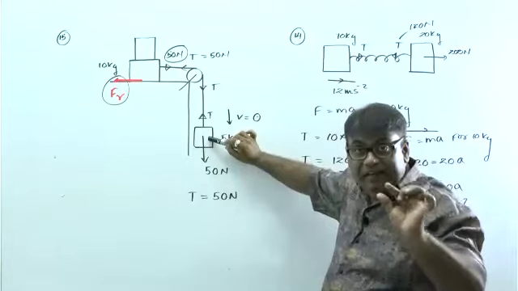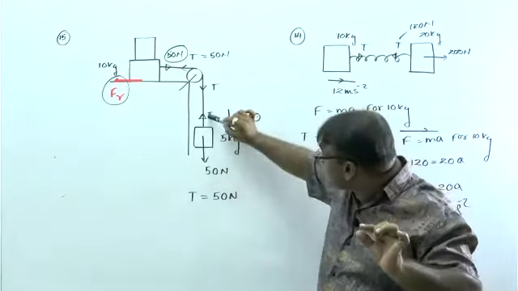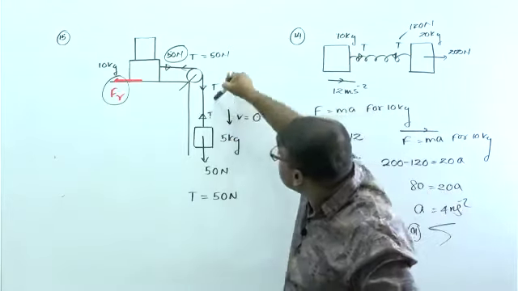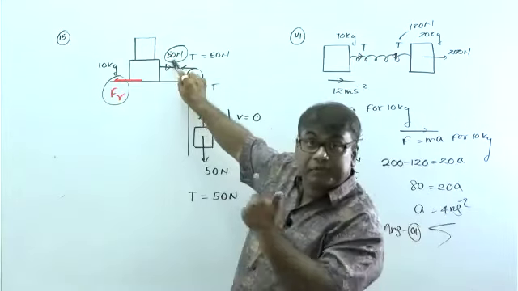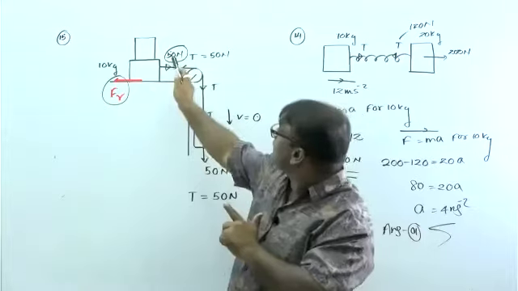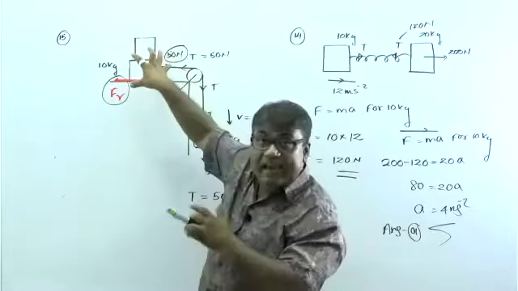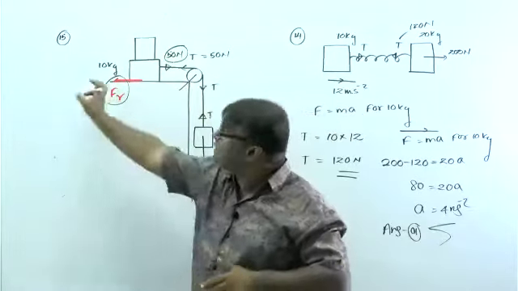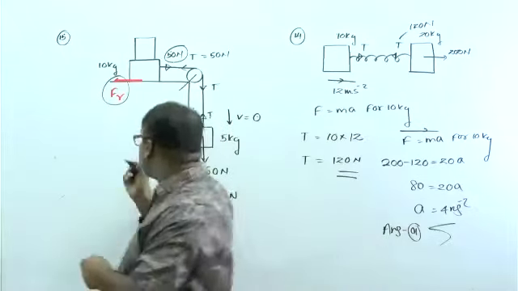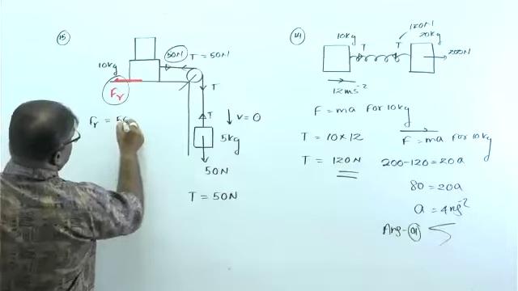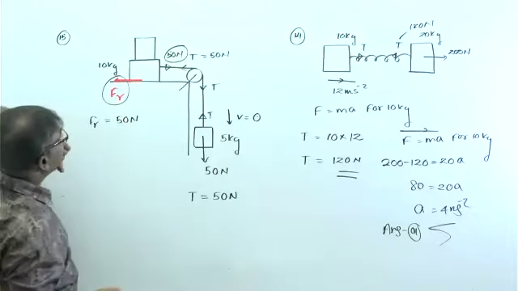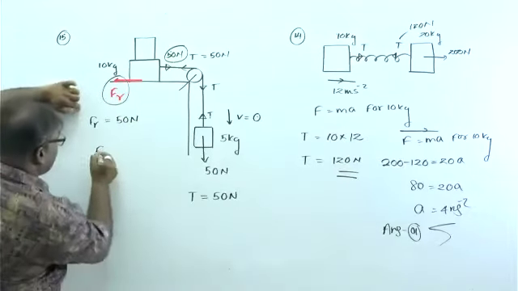As this object is at rest, weight equals tension. Tension is distributed throughout the entire length with the same value, here 50 Newton, done. Then as this complex is kept at rest, this 50 could be equal to friction. Then frictional force is 50 Newton, done, right? Then you can say F equals mu R